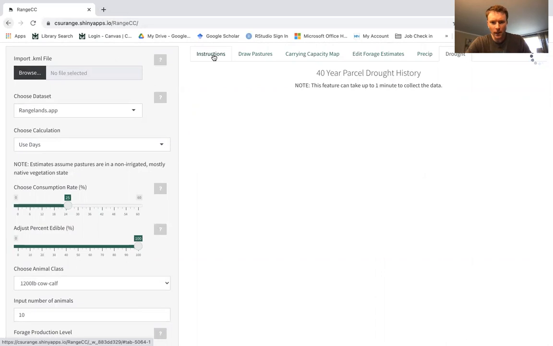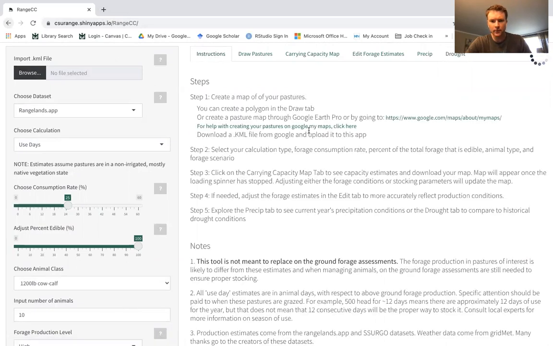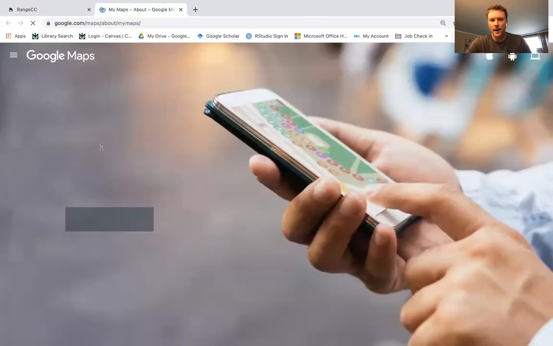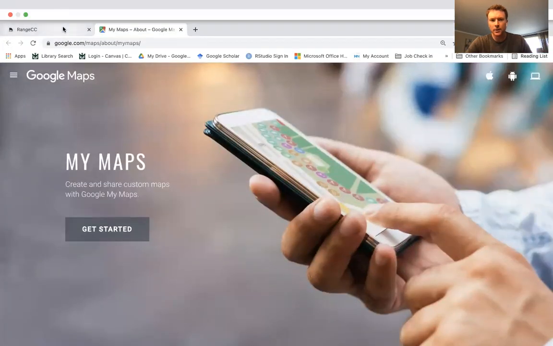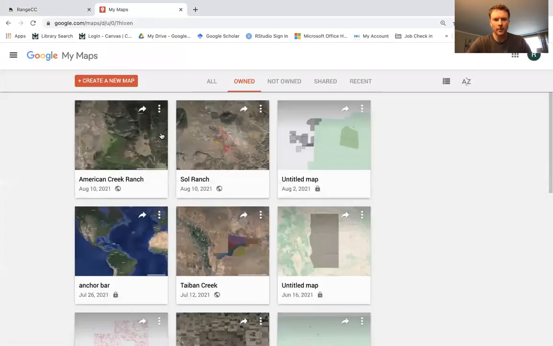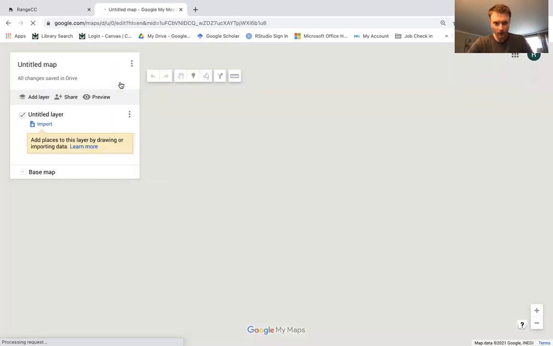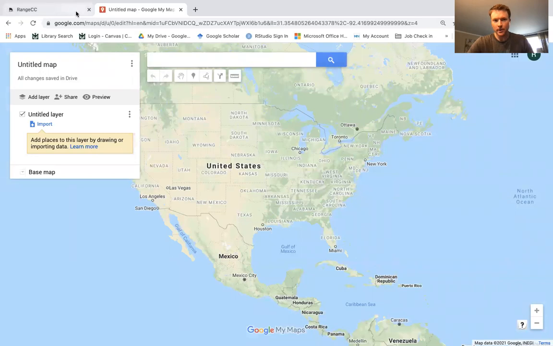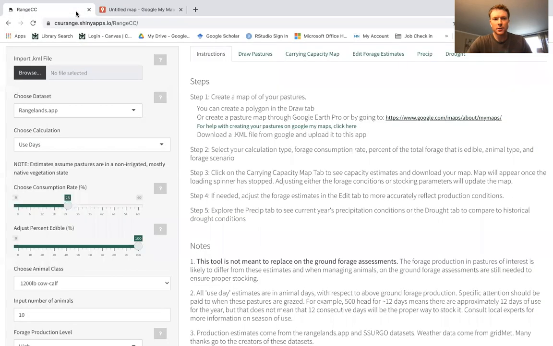I'm going to come back here and it'll still keep loading, and I'm actually going to click on this Google tab. Okay, and what that's going to do is bring me over to Google to let me go into Google My Maps, which is where I'm going to build a pasture map. So I'm going to click on Get Started. I'll have to make a Google account, and then I'm going to click Create a New Map. All right, so I've got that map started, but I'm going to come back over here into our range carrying capacity app